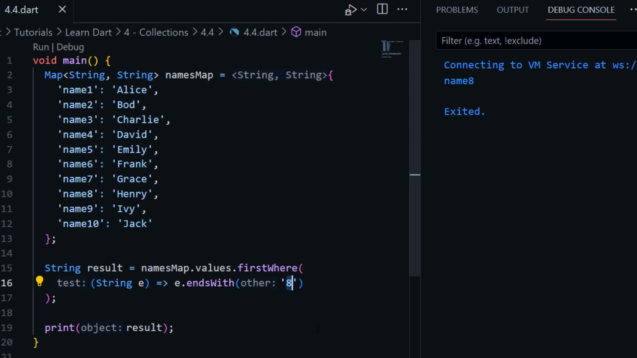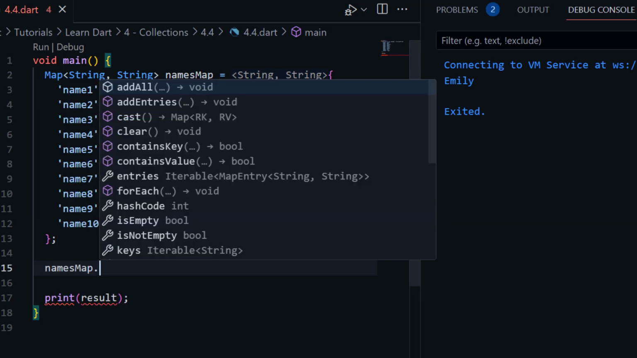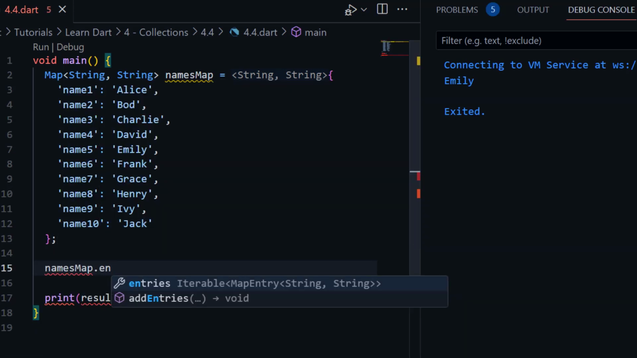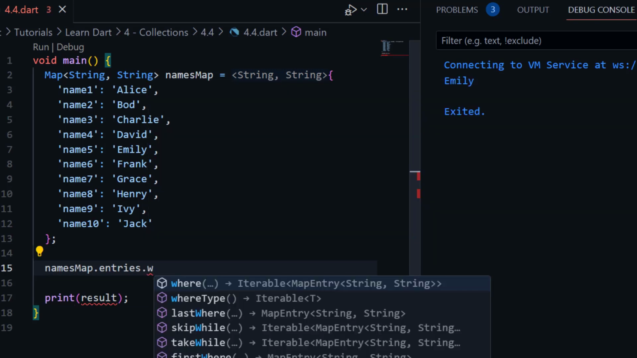Here let me use ends with y, so it will print a smiley, you can see. So by using names dot map, here we can get dot values or dot keys. We can perform all the operations of where on values or keys, right? If we need on both keys and values, then let me show you. And name map dot entries, right? Here you can see entries, and on the entries we can use our